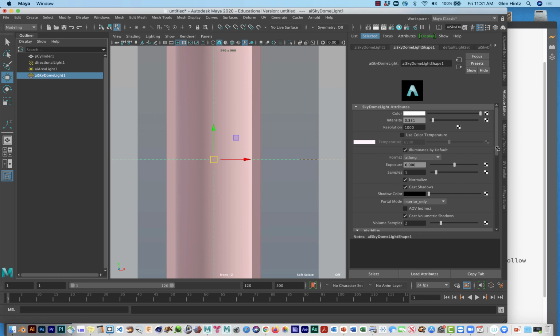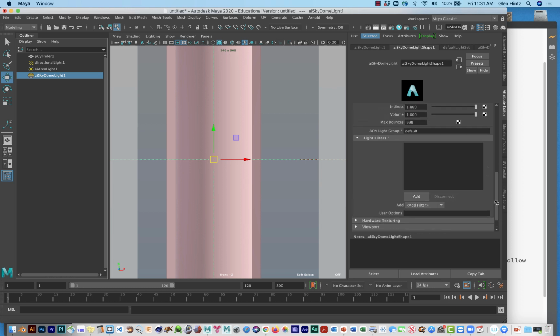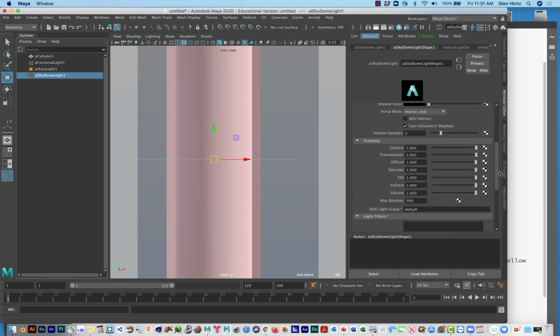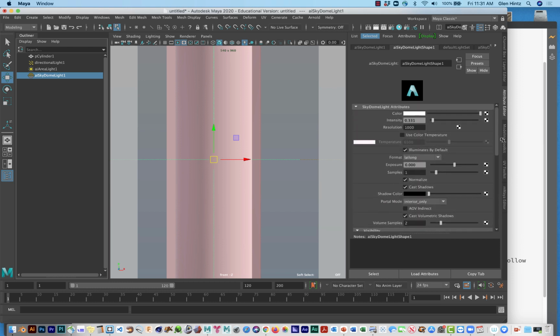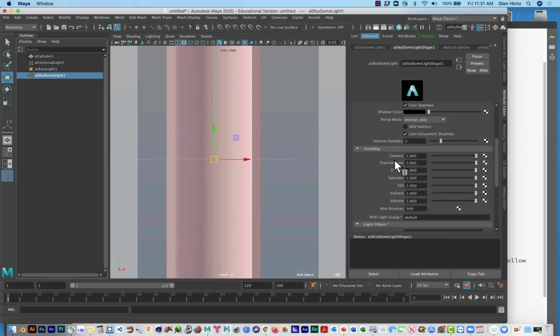If I want this to render with a transparent background so that I could bring it, let's say, into Photoshop and put a photograph behind it, or use some other image, what I would have to do is go inside the attribute editor for the sky dome light and scroll down to where I see visibility, and then it says camera. Right now the camera, if I change it from 1 to 0,